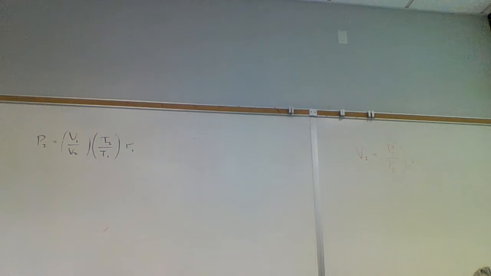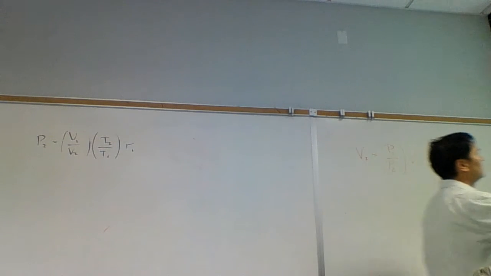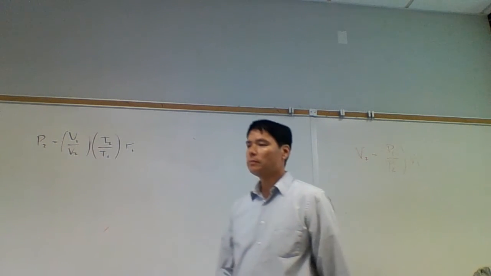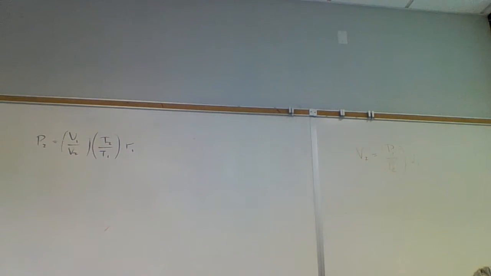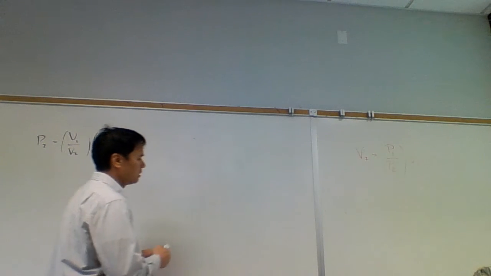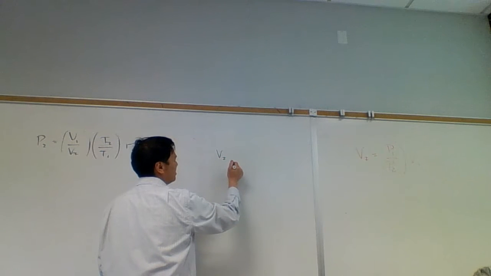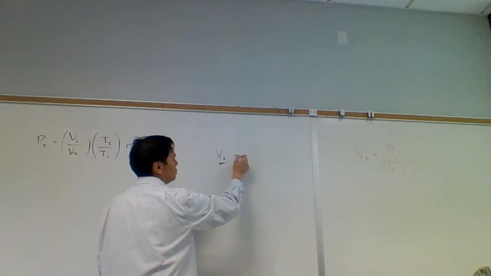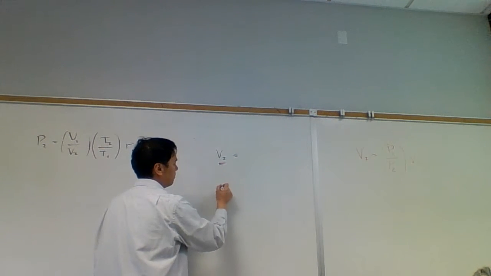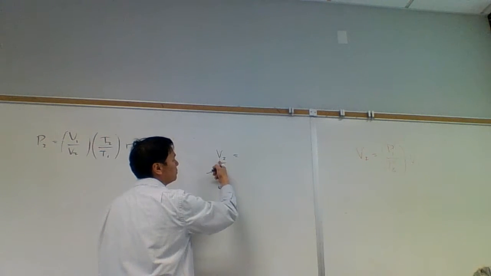Go back to it. Charles' law says this: constant pressure. What constant pressure means is that the pressure doesn't change, and so the pressure is all the same. Actually, let me go back a little bit, because Charles' law is for temperature. If I'm looking at Charles' law, we're solving for V2, or we could solve for T, or T2. This is Charles' law. So if we're solving Charles' law for V2, then V2 is, well,